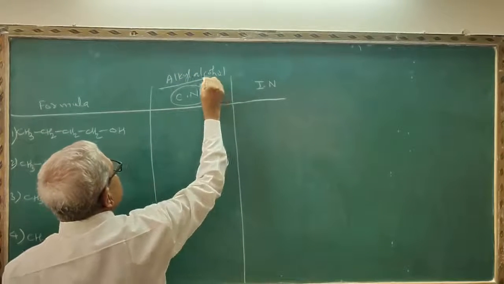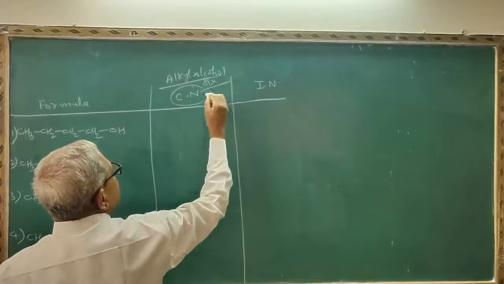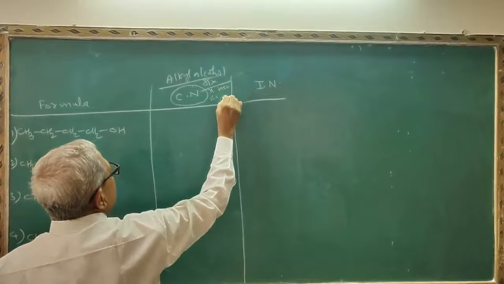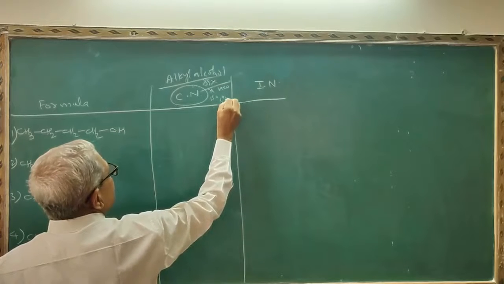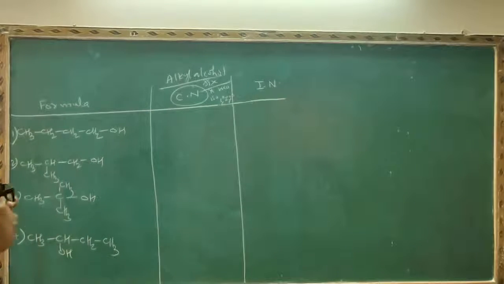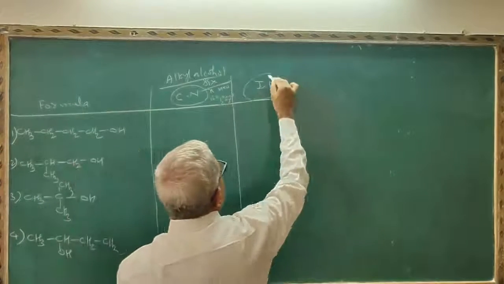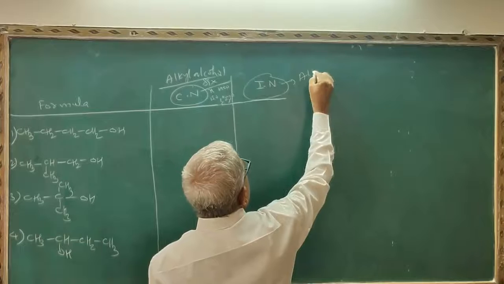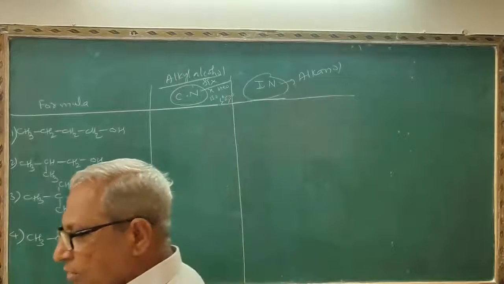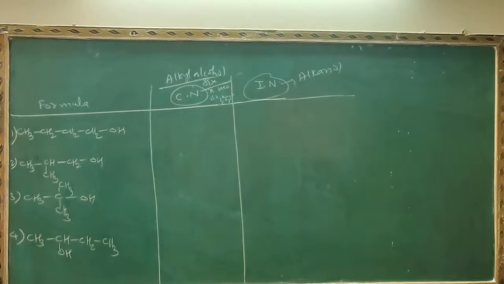And in this case, 6 terms are used here. What are the 6 terms? N, iso, neo, primary, secondary, and tertiary. These 6 terms are used. You know the IUPAC name of the alcohol, that is alkanol, and you have to use the rule. This is the total summary of the common system and IUPAC system.